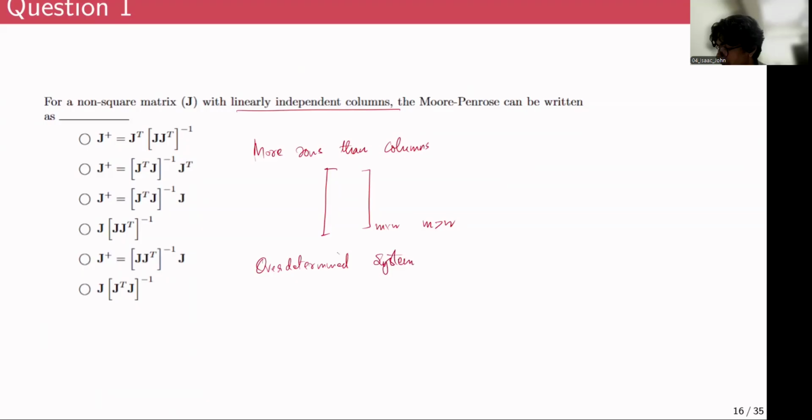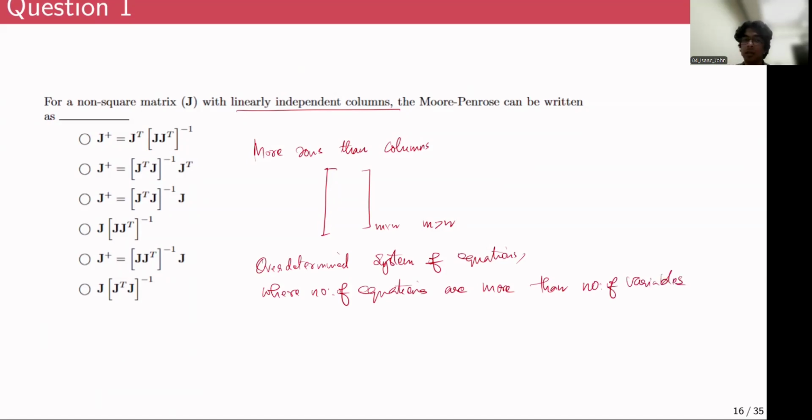Overdetermined system of equations, where the number of equations is more than the number of variables. So if you consider there are 3 equations but only 2 variables, and if the